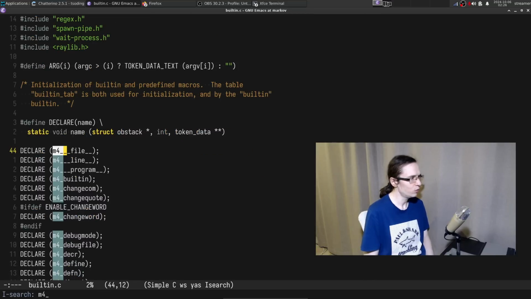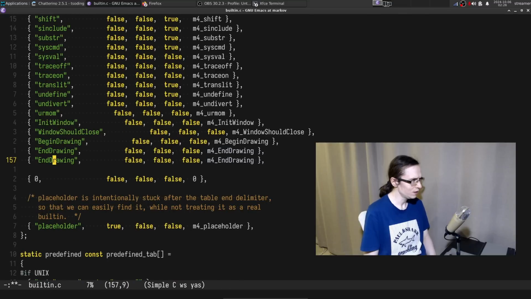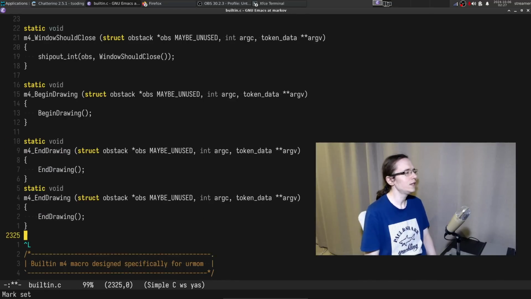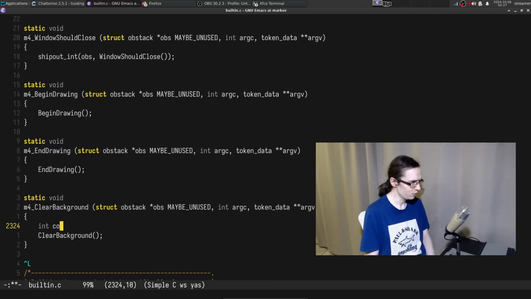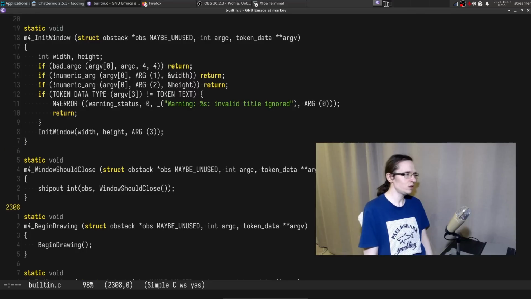Built-ins: M4 init window, clear background and drawing. So let's do it like that. This one is going to be clear background. Here we're going to have color, and we're going to be parsing color as an integer. Though, you know what?